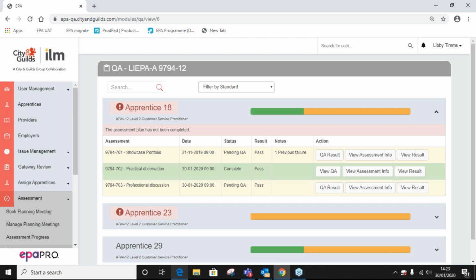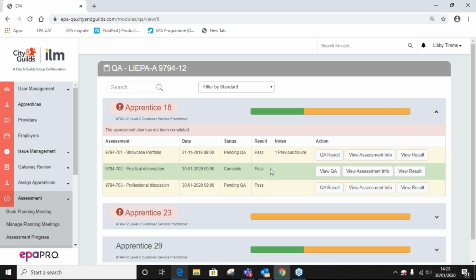So in terms of the overall, they would look at the assessment information. For the practical observation form, there probably isn't anything there because the provider doesn't have to upload evidence for the practical observation. So the only evidence that the IEPA would need to look at is on SharePoint. If they wanted to look at fail feedback, they could also find that on SharePoint actually.